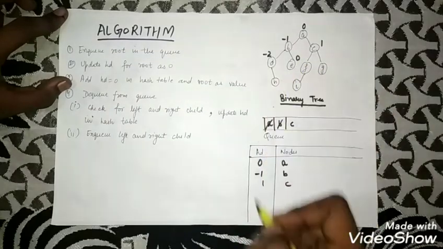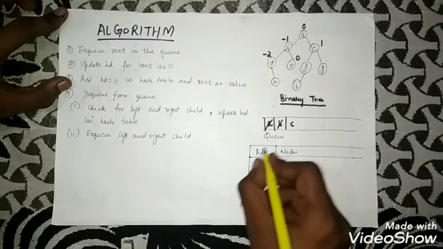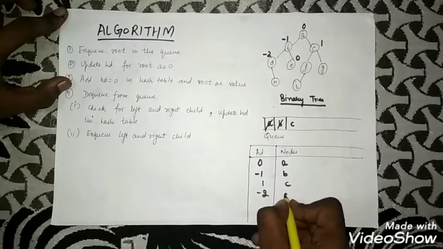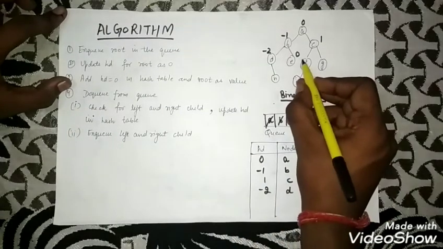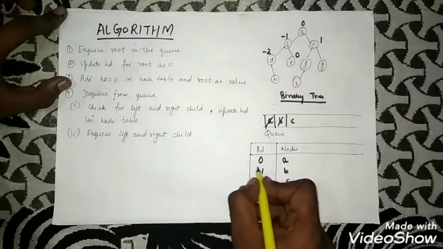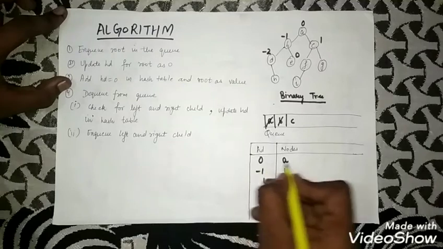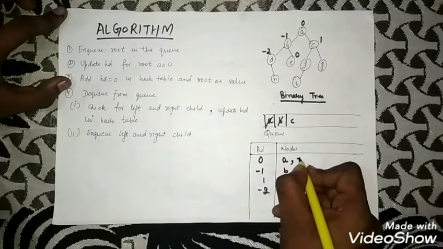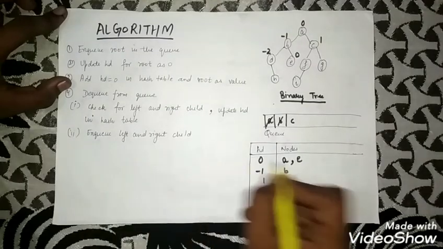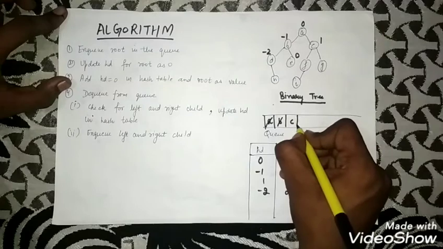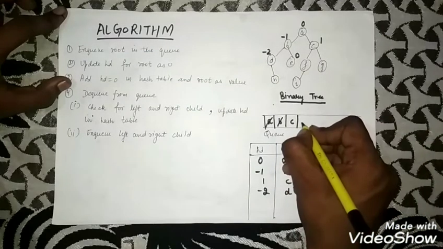Now we'll put this into the hash table. For minus 2, we have to enter one more HD value here and the node is D. Now for 0, there is one more node that is E. Now we will not insert 0 again. 0 is already present as a key in the hash table and we will put the node beside E only. Here it is. Okay. Now we have to enqueue these child nodes into the queue as well. So the two children are D and E.